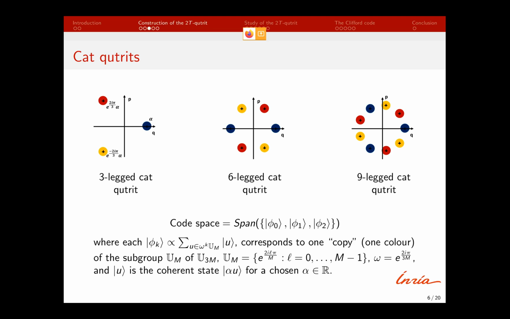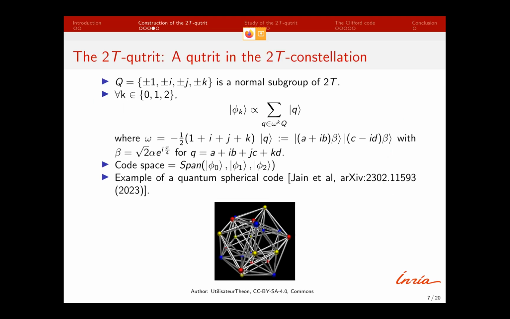And so for the 2T-qutrit, it's exactly the same. The big group is the binary tetrahedral group, and our subgroup is the group of quaternions, with plus minus 1, plus minus i, plus minus j, and plus minus k. So again, we have three copies of this subgroup, three cosets of the quaternions within